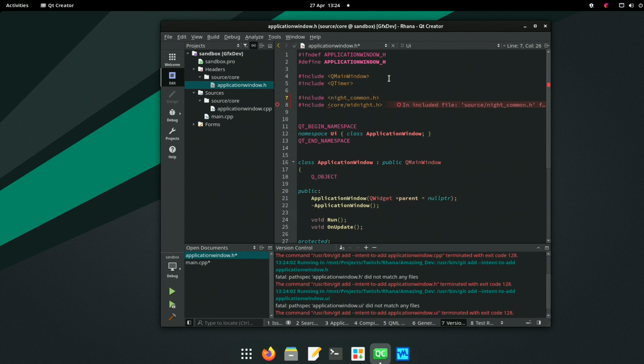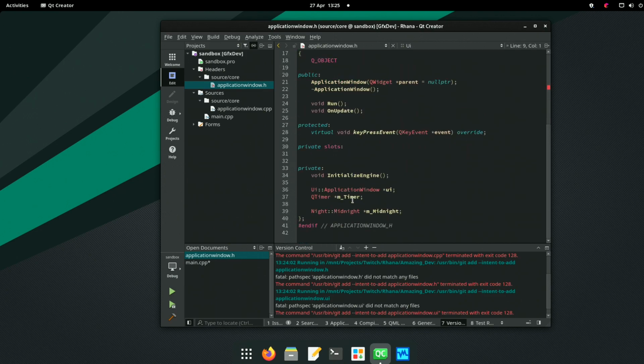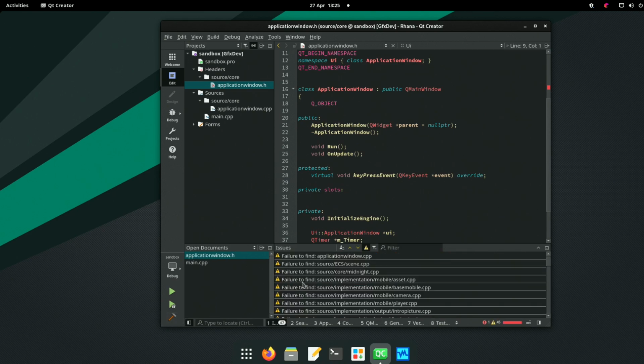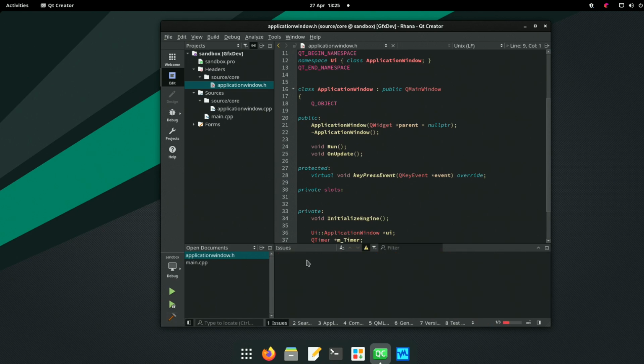That I find interesting. I know that's correct. I don't like the way it looks, but I know it's correct. Okay, everything else is okay here. We'll just try a build. Failure to find.